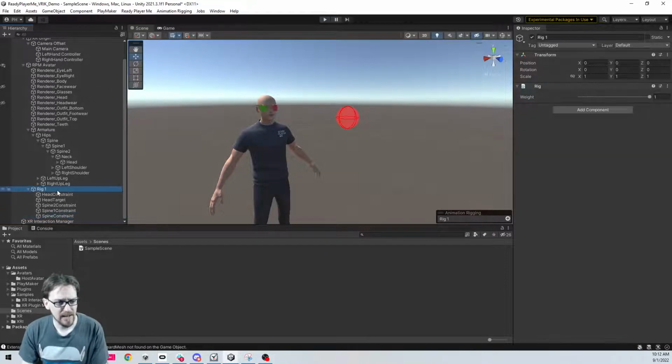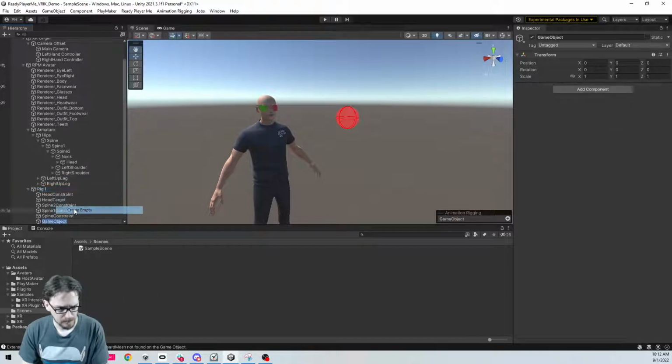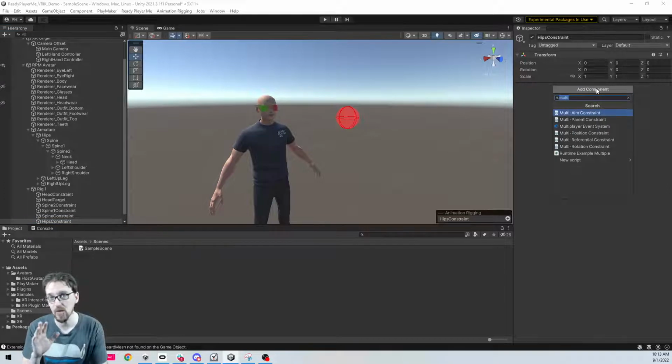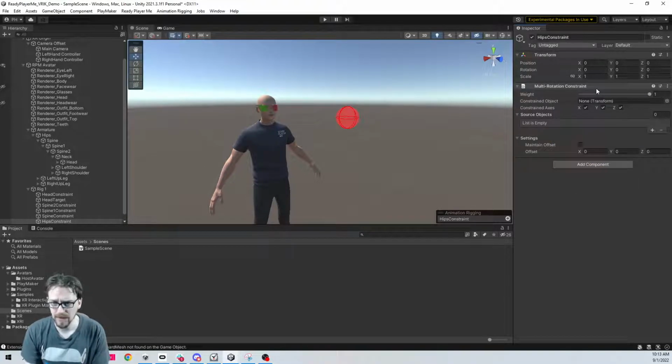All right, so let's go ahead and create another empty. This is going to be our hips constraint, and our hips constraint is just going to be rotation. But unlike our spines, we're actually going to allow it to be rotated in all axes. This is really important because if you lock it to Y, it gets really janky, and I don't know why. I don't have an explanation for it, but your body will just randomly start flip-flopping back and forth. It makes no sense to me. But I never claimed to be the most intelligent person in the world.